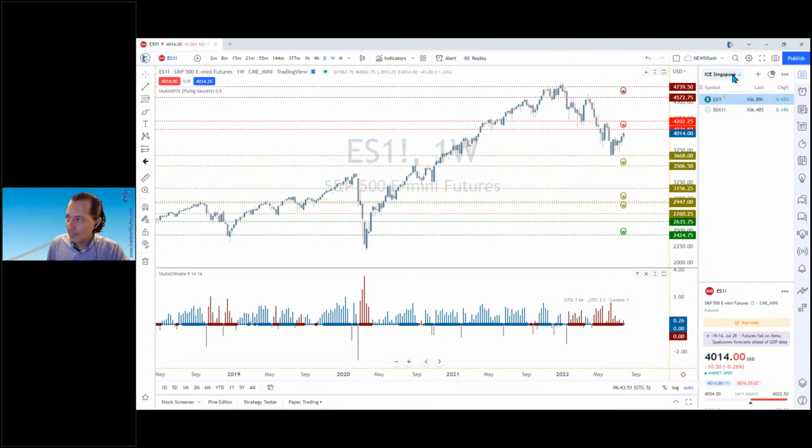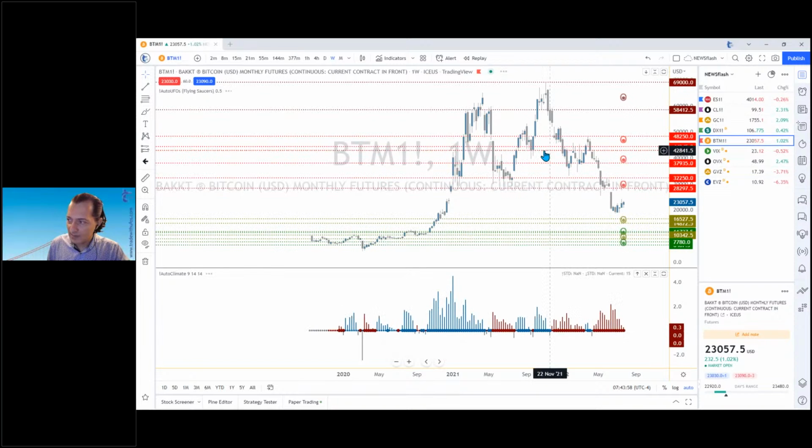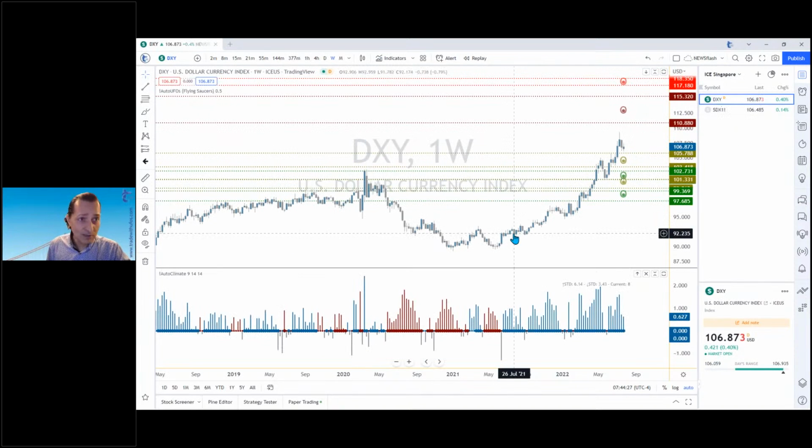If you look at markets such as, for example, the Bitcoin futures contract that trades in ICE, a major crash on Bitcoin, also starting around January 2022, and the crash started a bit earlier, but from here to here, dropping from 48,000 all the way to 23,000, roughly a 50% drop. So why is that 50% drop happening? Well, it's because the US dollar is strengthening. So again, one of the lessons to learn from today's presentation is that the dollar is the boss, or is being proven to be the boss, even though many people forgot who the boss was.